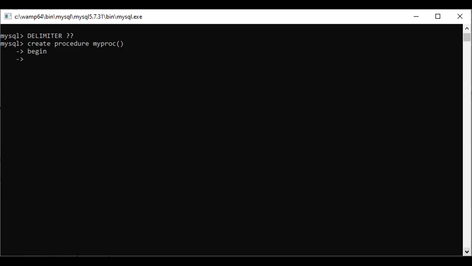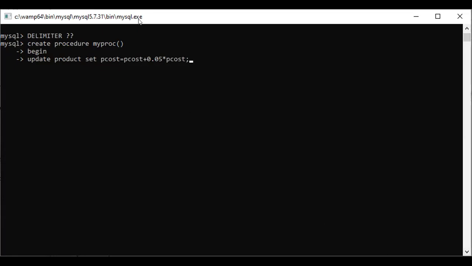Next is the SQL statement: update product set P cost is equal to the previous cost, that means the original cost, plus to find out the 5% of the original cost, plus 0.05 into P cost.